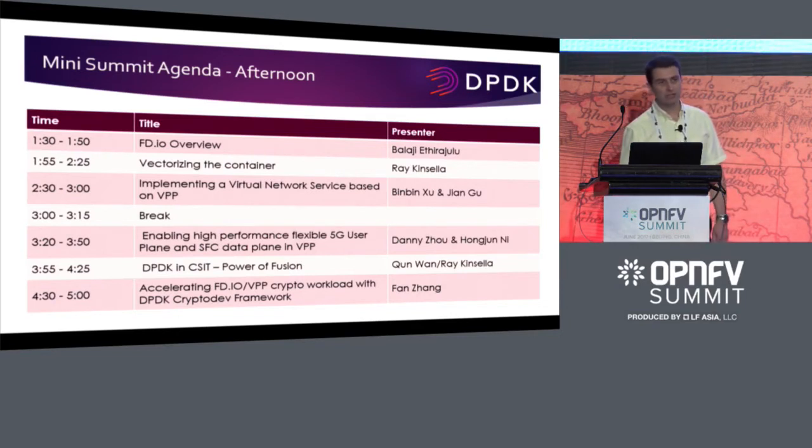And the last item, and again, it's one that ties together DPDK and FD.io, is Fan, who is going to talk about crypto and IPsec. So that's taking the CryptoDev API that's been developed in DPDK, integrating it into VPP IPsec, and significantly improving the performance of VPP IPsec as a result. So it's a good combination of DPDK and FD.io and showing how if you put the two together, you can achieve a high-performance data plane solution, in this case focused on IPsec. So that's the agenda for the day.